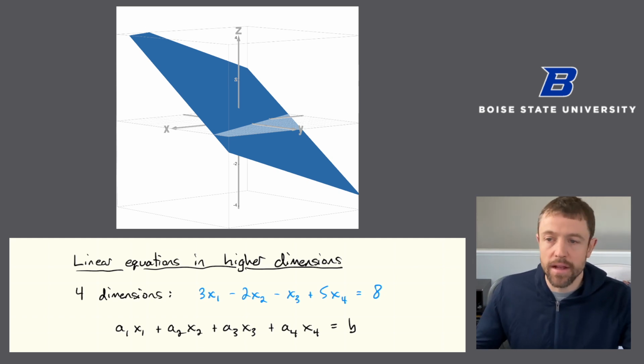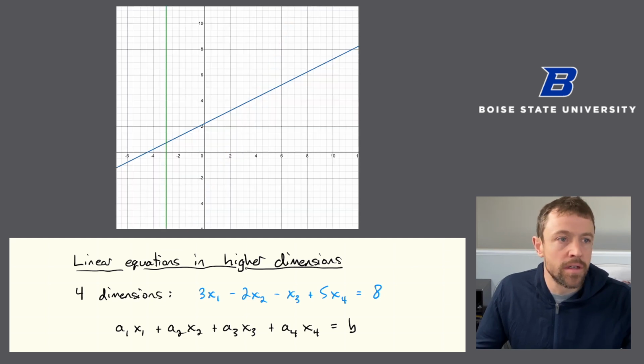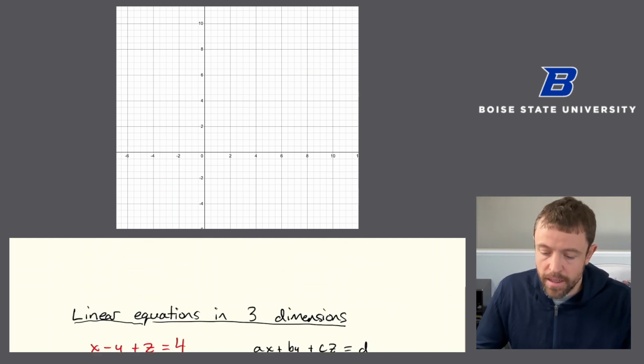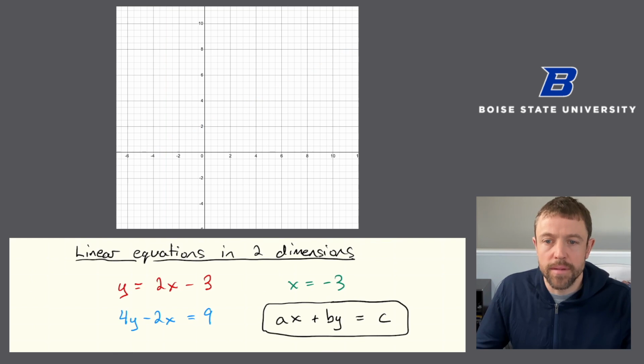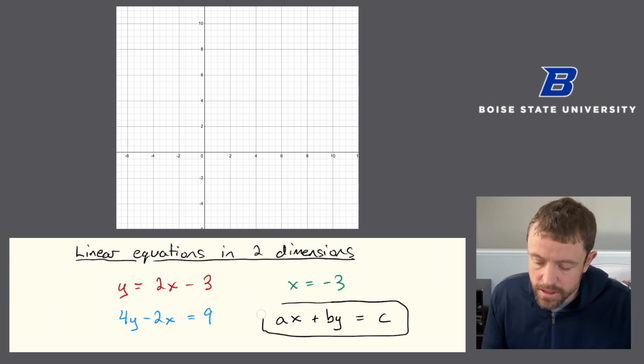Okay, so we've defined linear equations in all dimensions. And we've looked at graphs in 2 and 3 dimensions and talked about how we can visualize graphs in higher dimensions by just pretending they're in 3 dimensions or 2 dimensions. Now I want to talk about solutions to linear equations and linear systems, and so I want to reset all the way back to 2 dimensions. So let's go back up for linear equations in 2 dimensions. I'm going to erase a little bit of this because I don't want all of this here. I want to just start with